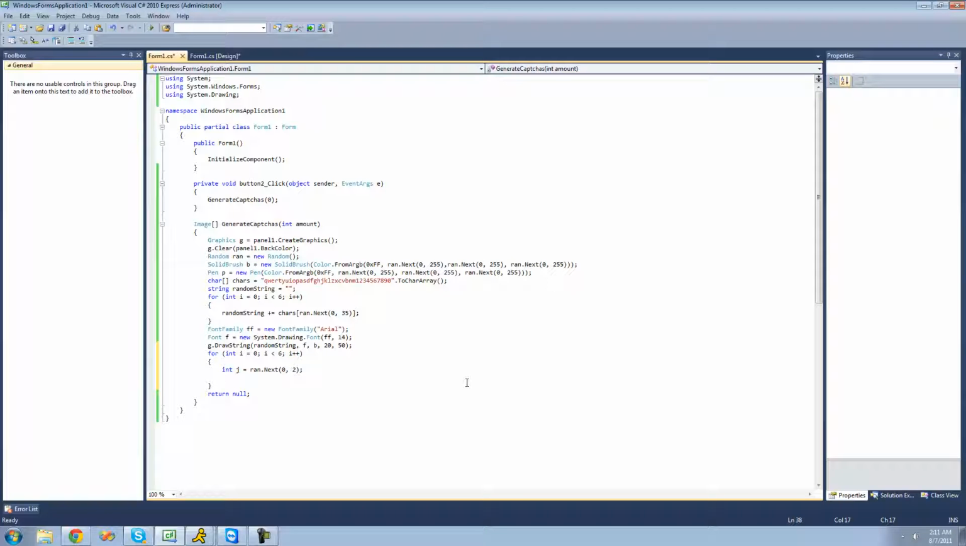Alright, and now we're just going to say if j equals 0, then we're going to be drawing a rectangle. So we're going to say g.DrawRectangle, and the pen that we're going to be using is the pen that we created up here, so p is our pen. And then the rectangle that we want to draw in, we want to randomly select this so it's not always drawing a rectangle in the same spot. So we're going to say